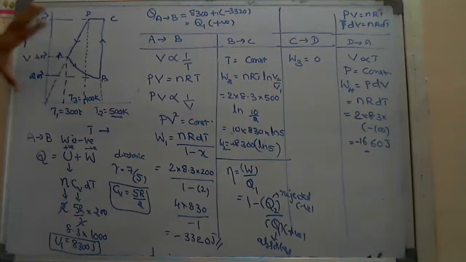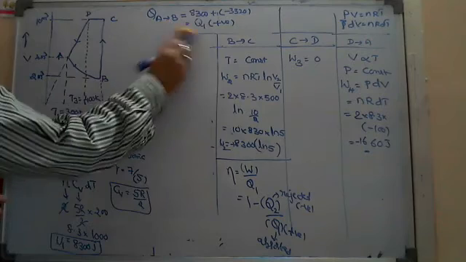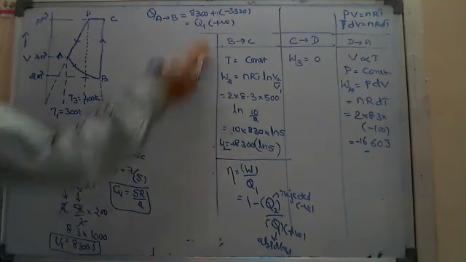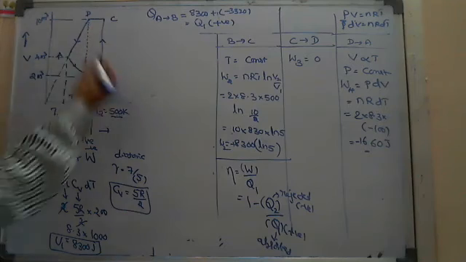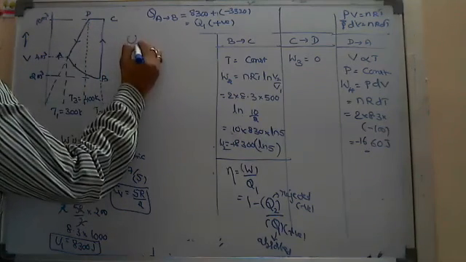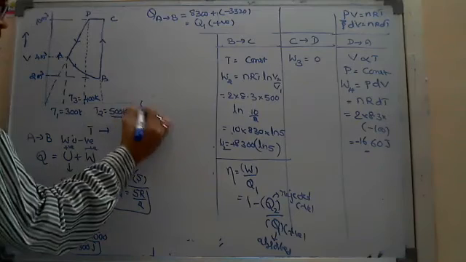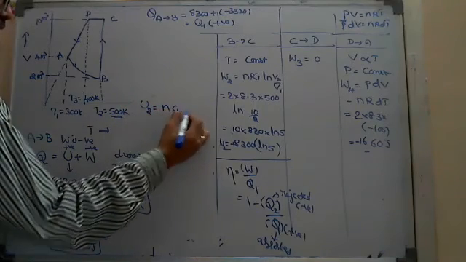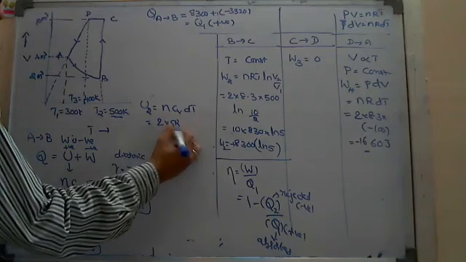But that is not the Q1 in the question, in the formula, what I'm saying. One positive value. So A to B part is over. I'm erasing A to B. And then B to C, I got work done positive. So if I see the internal energy from B to C, U2 equals NCV dt.